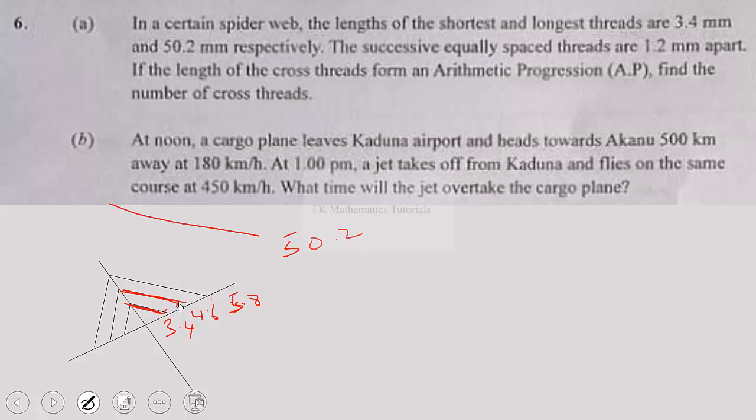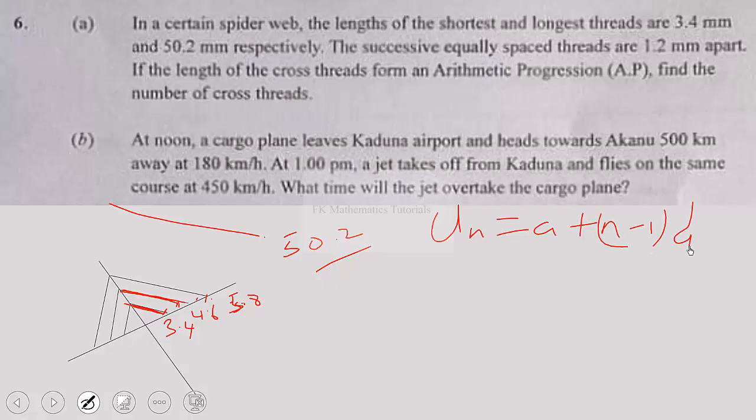So this is 1, 2, 3. So the 50.2 length is in which position? Like this one is in the first position, second position, third position. So the 50.2 length is in which position? So we can use the formula U sub n equal a plus n minus 1 d, since it is an